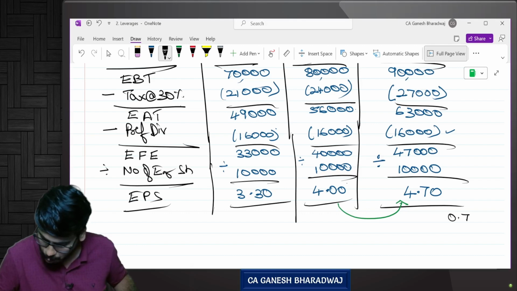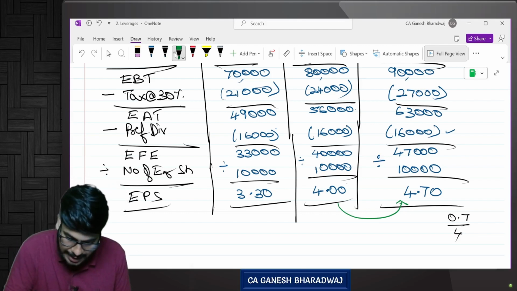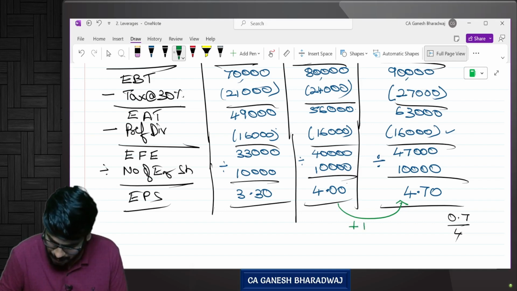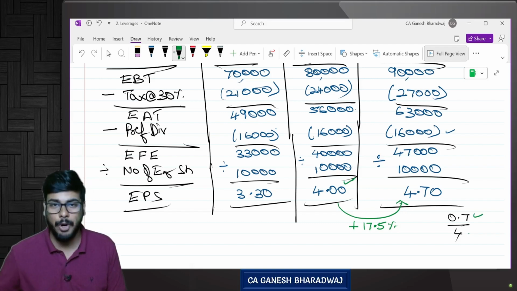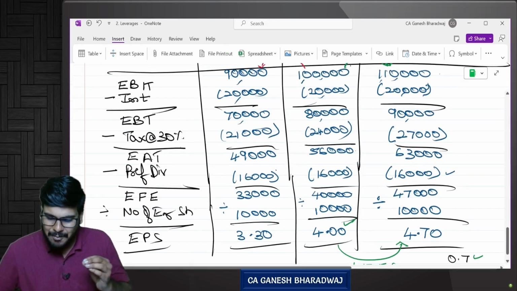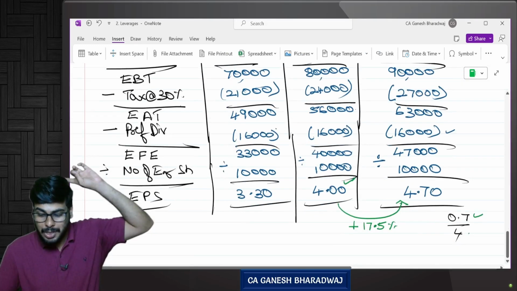Yes, 0.7 divided by 4, into 100. So can I say my EPS increases by 17.5 percent? Yes or no? How did you get 17.5? What is the increase in EPS? 0.7. 0.7 divided by the base 4 gives you 17.5 percent. So if I increase my EBIT by just 10 percent, your EPS increases by a